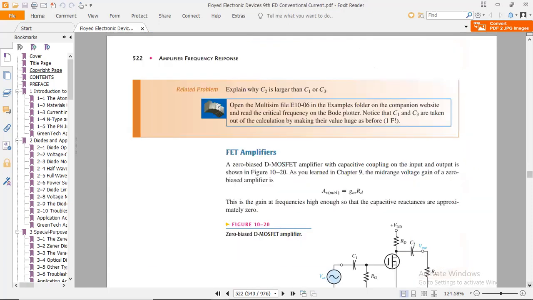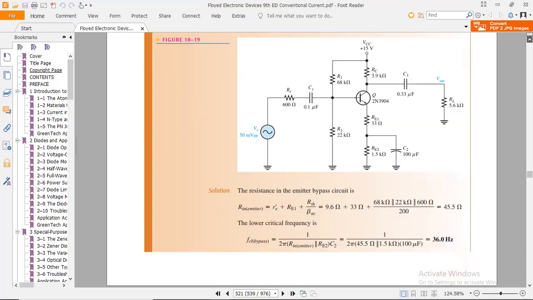Moving towards the next aspect, the lower critical frequency. One more thing: for this kind of question, do not copy directly from the book. You have to show all the steps, otherwise your marks will be cut. Why? Because everyone can copy from the book and directly write the answer. The book format gives things in direct steps, but you are not allowed to do that in assignments, quizzes, and even online mid exams.